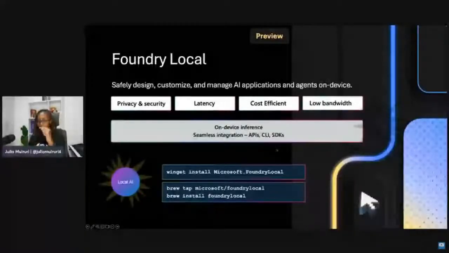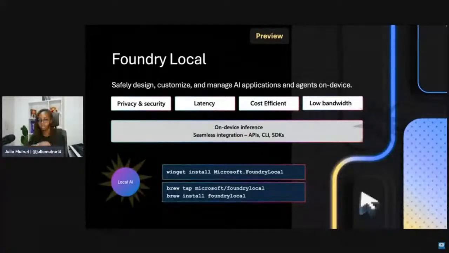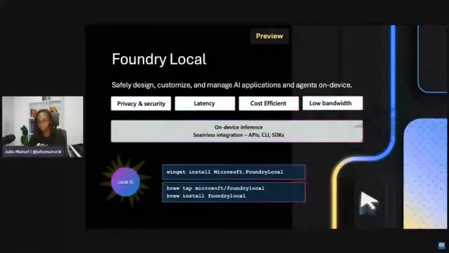Again, we've talked about the privacy and security advantage that comes with Foundry Local. Since everything is running on your own device, the model is running on your device, then you can expect low latency. You're basically not waiting for your request to be sent somewhere and that server to come back to you with a response. Everything is running on device, so you're going to experience very low latency.